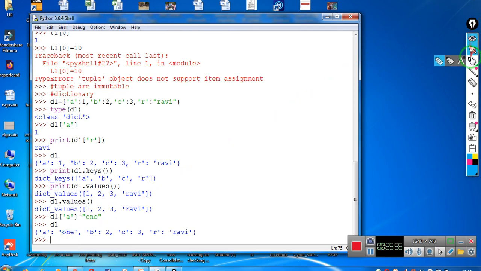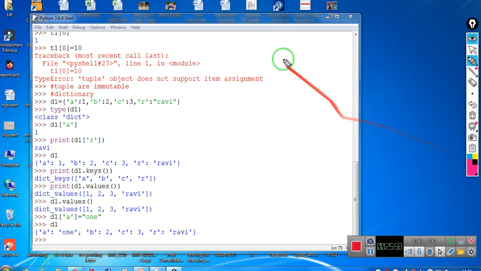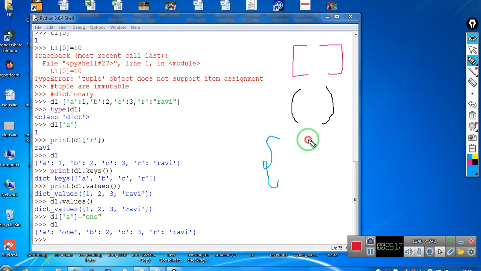So to create a list, as I've already told you, we will use square brackets. To create a tuple, we will use parentheses, the small brackets, and to create a dictionary, we will use curly brackets.